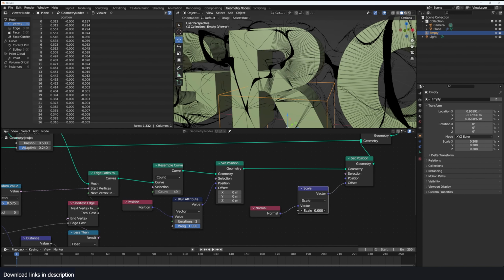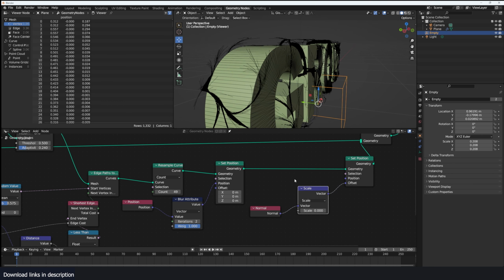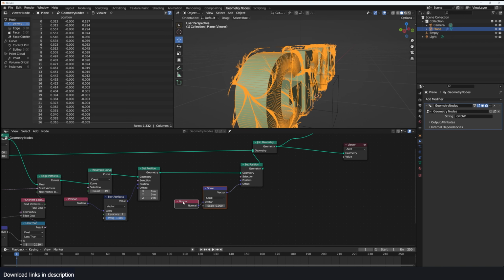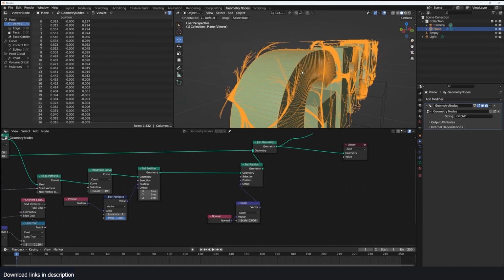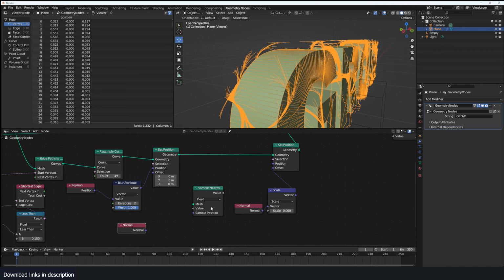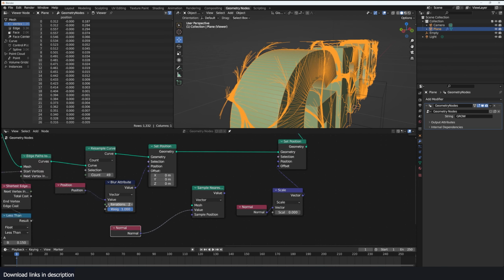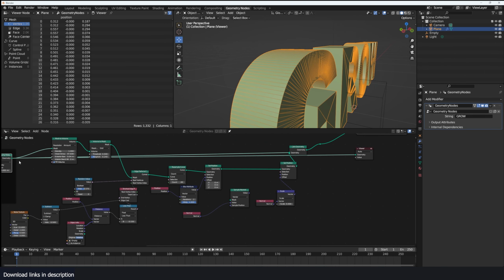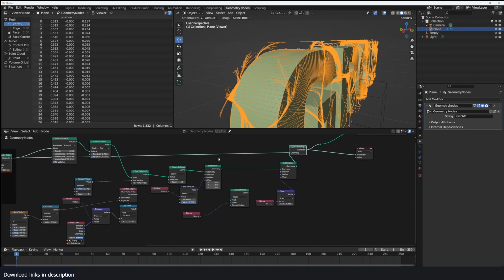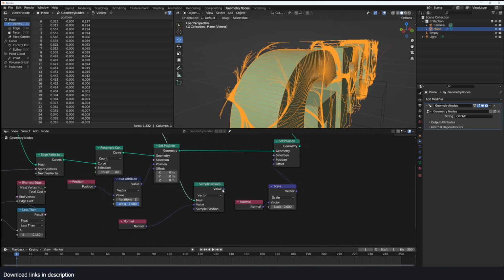Right now we are pushing them along their own normal, but what I want to do is to use the normal of these faces to influence the scale so that they are pushed onto this mesh instead of using the curve's normal. To capture that normal, what we can do is look for the nearest face to this path by using a sample nearest surface, and I want to get the normal of that surface or that face. So this is supposed to be a vector, and the surface we want is this original text. To keep things organized, I'm just going to add a route node here and use that here. Now if I plug that,